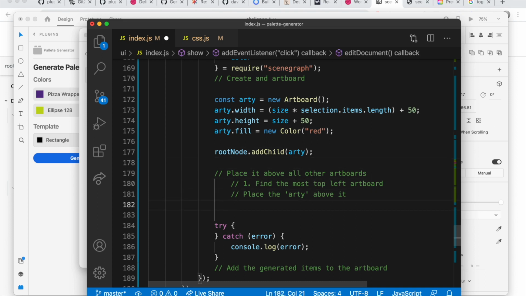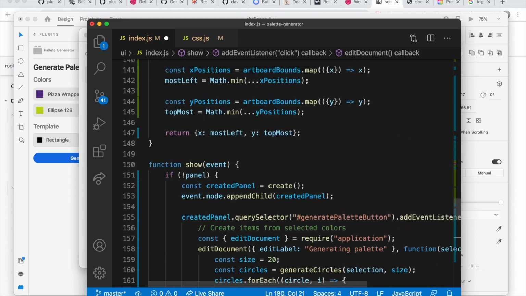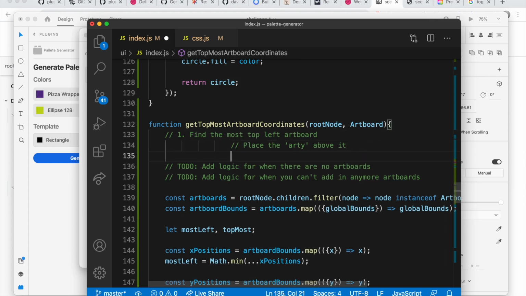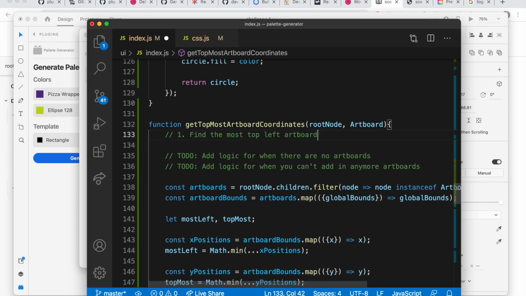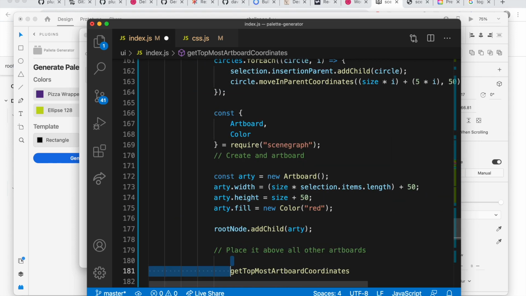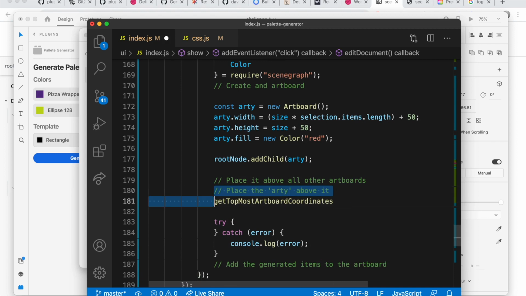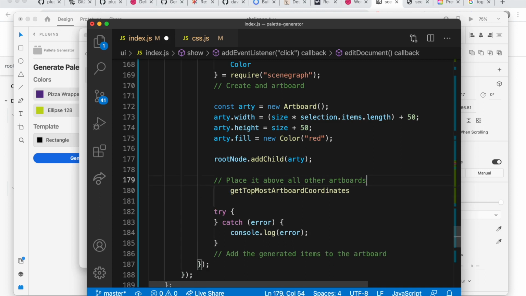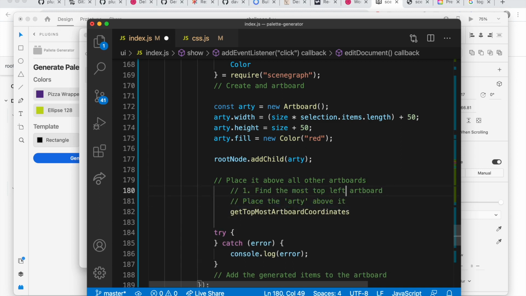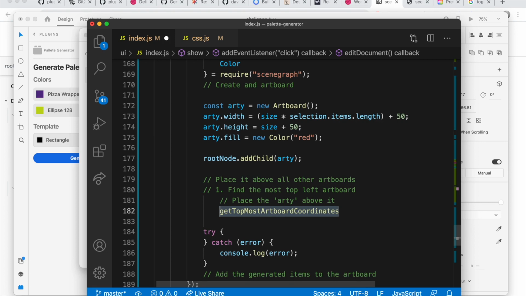So this is the logic. Let's leave it there. So this will basically find the topmost artboard and then place